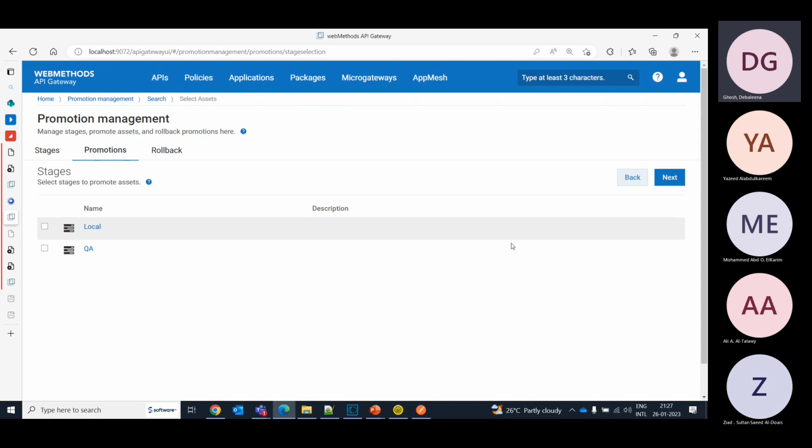So there is no configuration of the production environment in the QA deployer or the QA environment in the production deployer. The only limitation, I mean challenge, is that you have to have